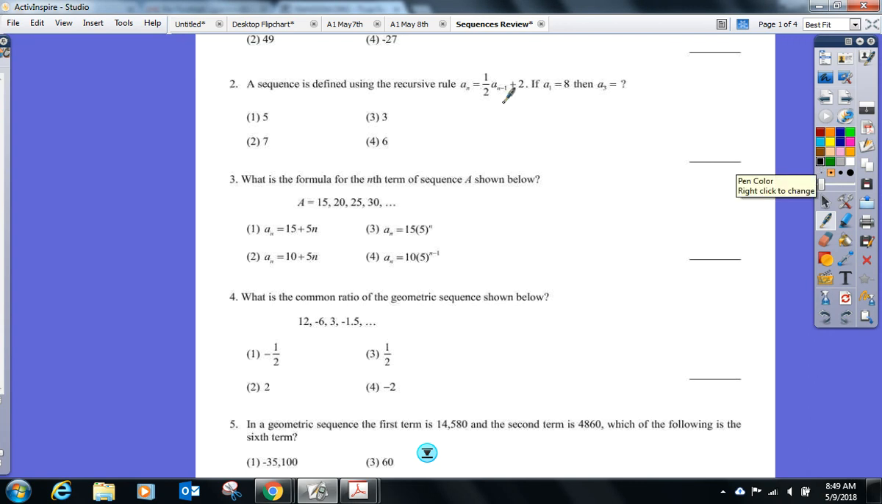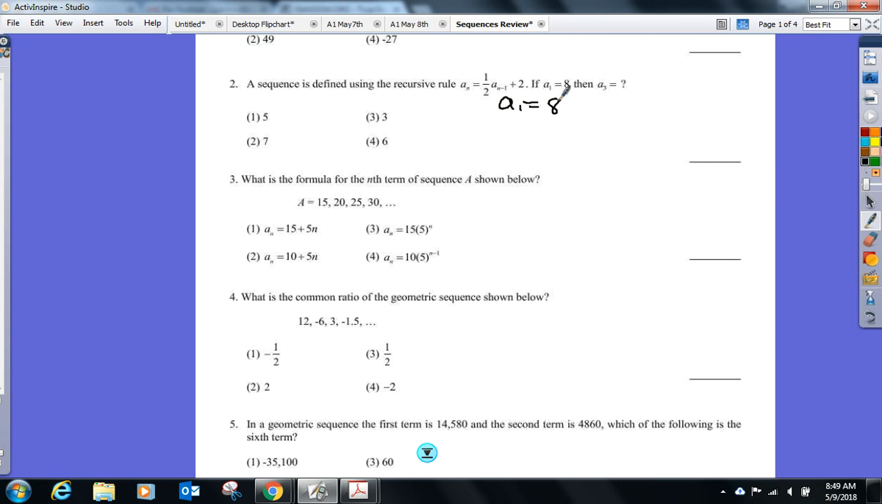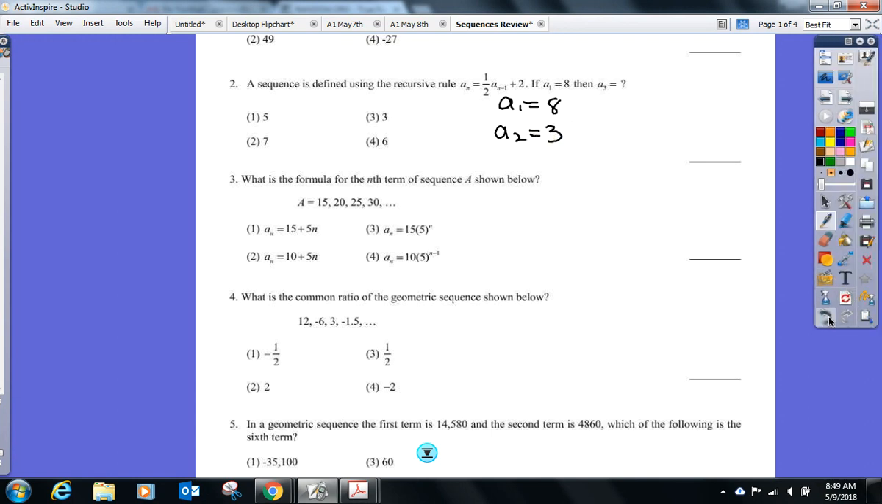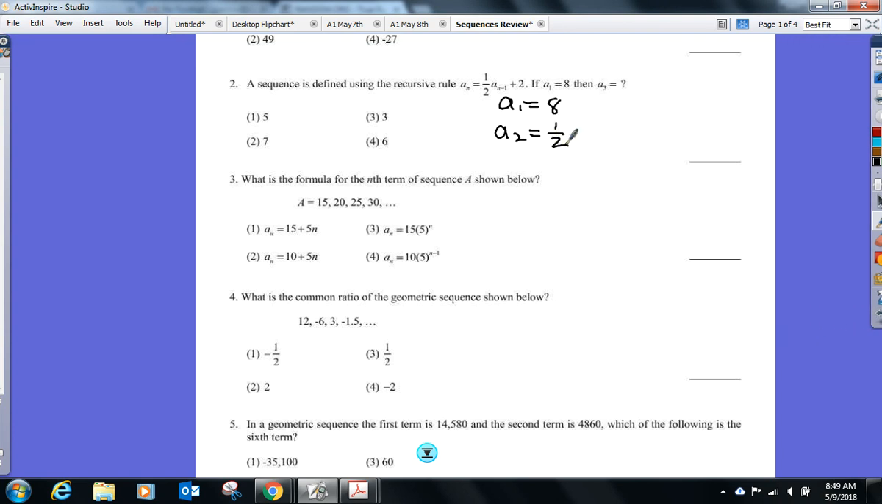Using this rule, I know the first term is 8. Can you help me get the second term? Eventually I'll get to the third term. Okay, so I'm going to take 1/2. And Hunter, what does n minus 1 tell me to plug in? Darn right, the previous term, which was what? You already told me, 8. Yep, so to find the second term, I do 1/2 times 8, which will give me what for the